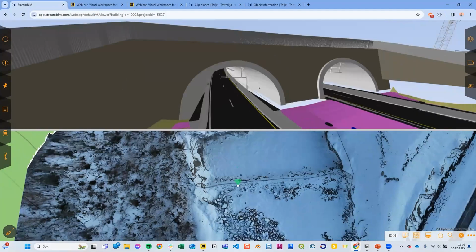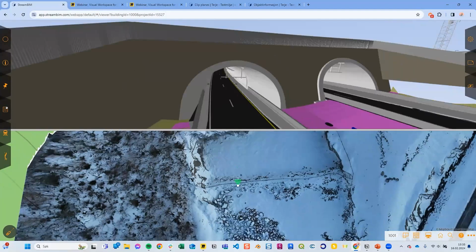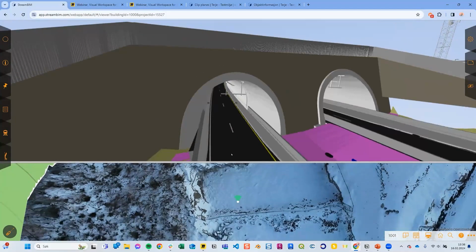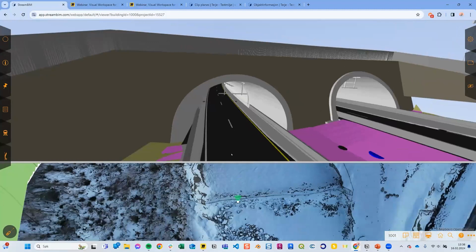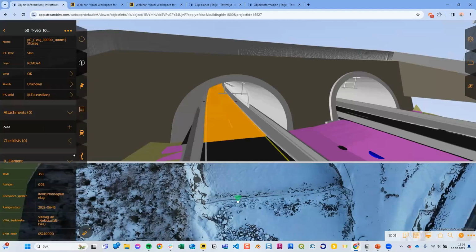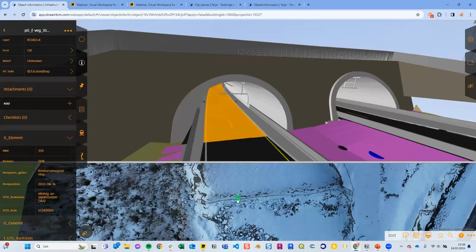Also the filtering functionality in StreamBeam is my personal favorite. So it brings you an endless possibility of stuff to do and processes to fulfill with that filter. So it's extremely flexible, and yeah, you can use it for captures, checklists, sharing views, taking out information, takeoffs, whatever. There's loads of stuff you can do with it.